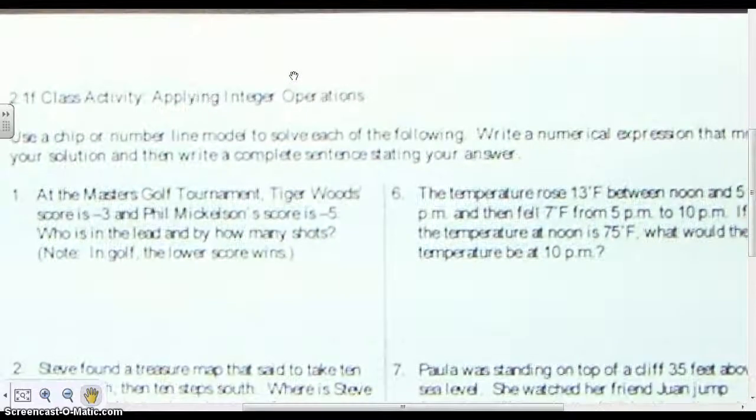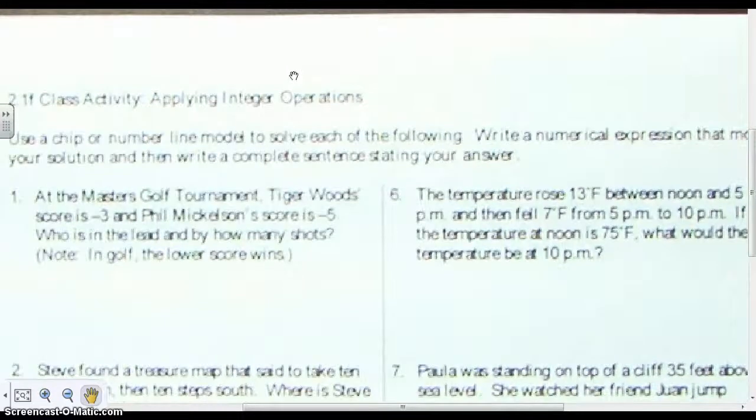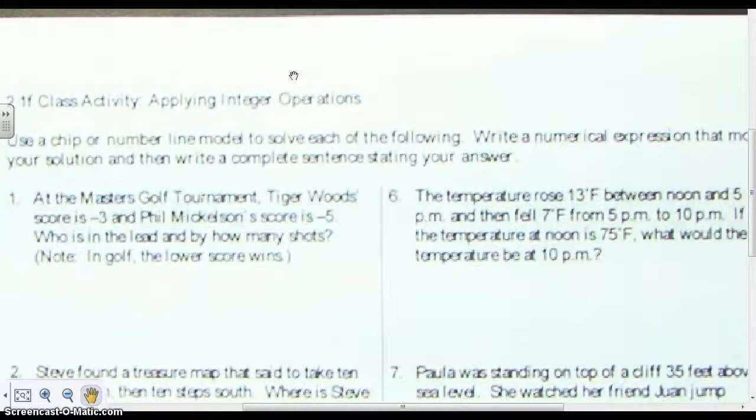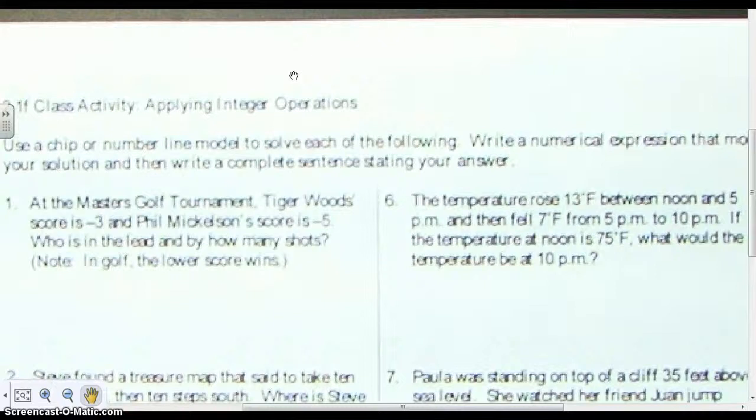This is the last sheet that you're going to do today with the sub, and it is an integer word problem. So there's going to be some addition, some subtraction, and some just basic integer stuff. I can go over a few of these. It's one of those things, the more you understand it, the easier these are going to be. So I'll go over a few, but you're just going to have to work at understanding these, work at practicing